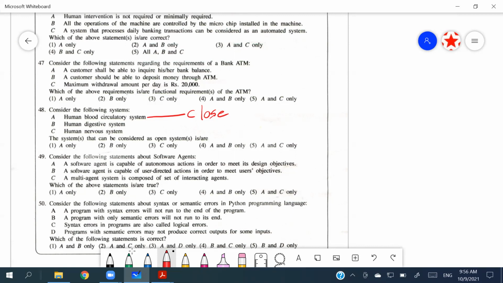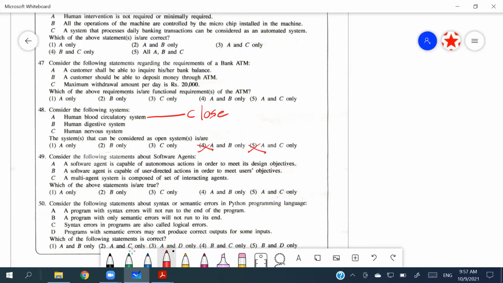Otherwise the blood is within the blood circulatory system, right? So the heart, these veins and all these things just maintain the blood inside that system, not flowing out or taking blood from the outside. Otherwise, we can say there is very minimal interaction with the outside environment. So it is clearly closed. So since they are asking about the open systems, the answers which have A are clearly crossed out.